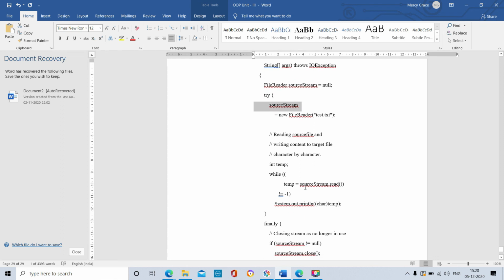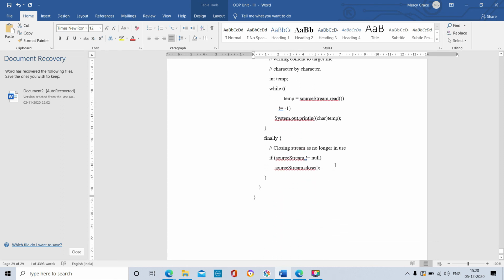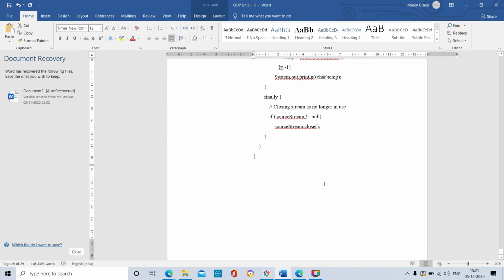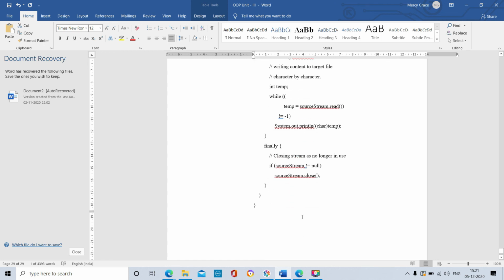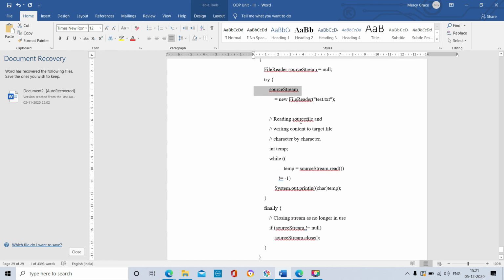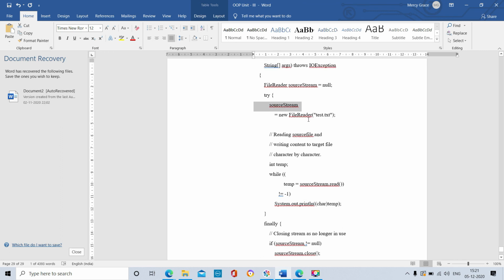Next, by using the writer, we read the source file and write the content to the target file. FileReader is used to read a character: integer temp. We assign the variable temp to the integer data type. sourceStream.read, we are reading only.